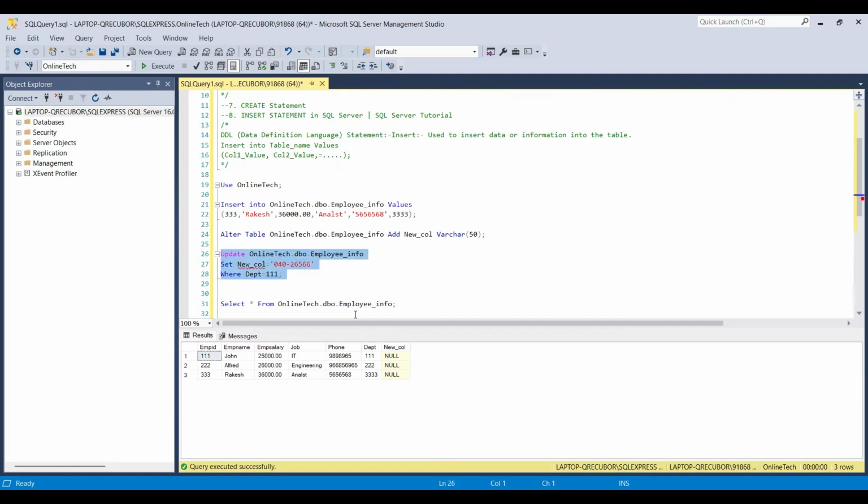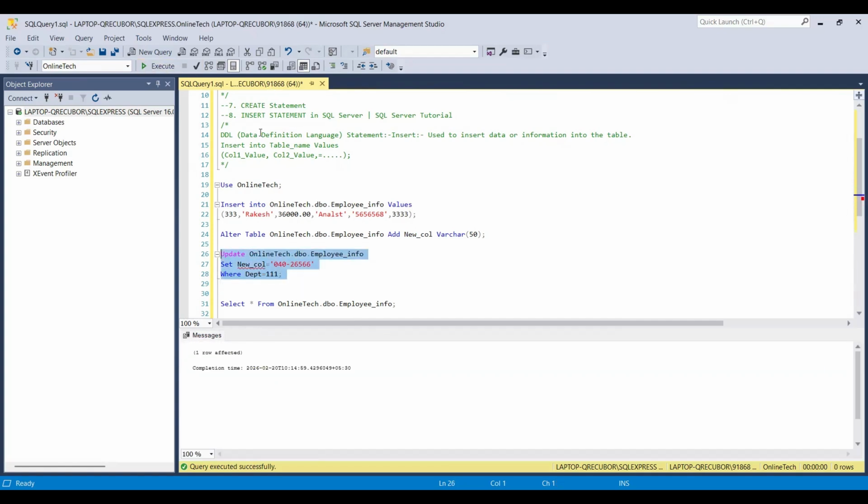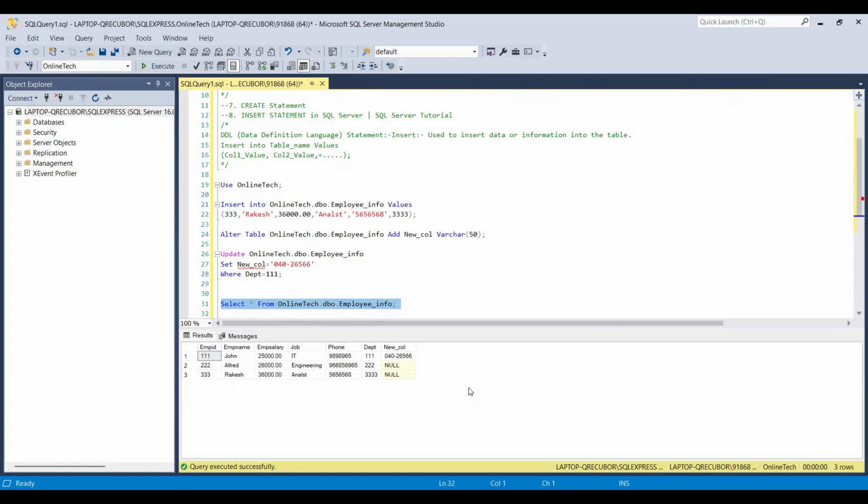Let me check it. As you can see here, one row affected. Let me retrieve the records and check. As you can see here, I have updated. Like this, if you want to update all these records, we have to use this command as well. For example, here I have taken 50 characters. If you want to reduce the 50 characters to 25 characters,